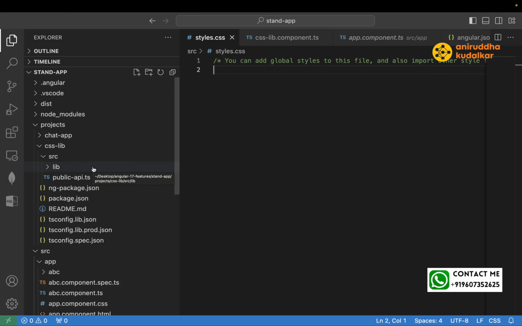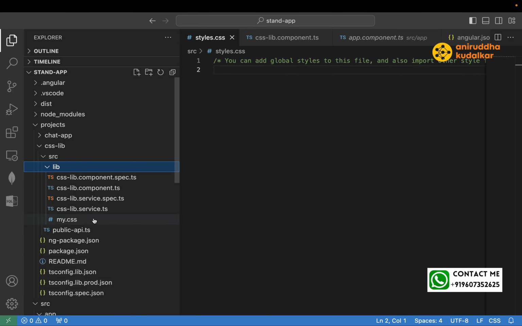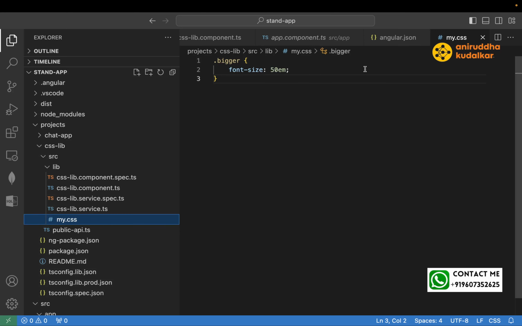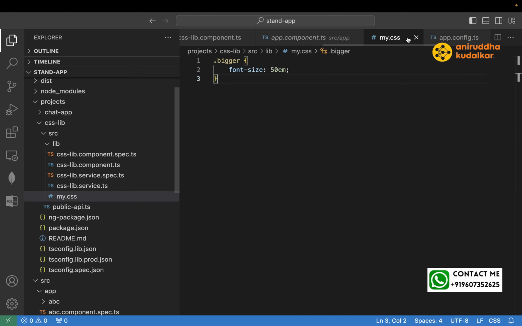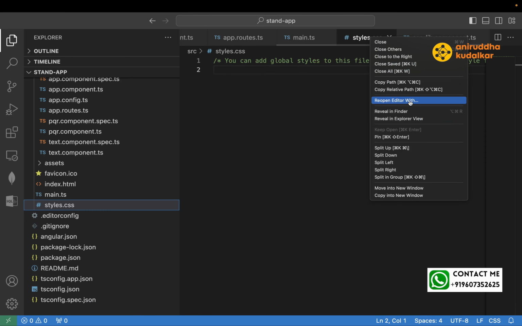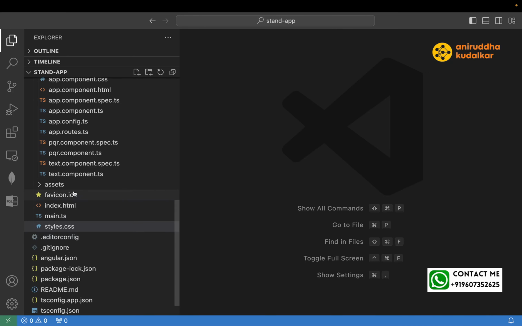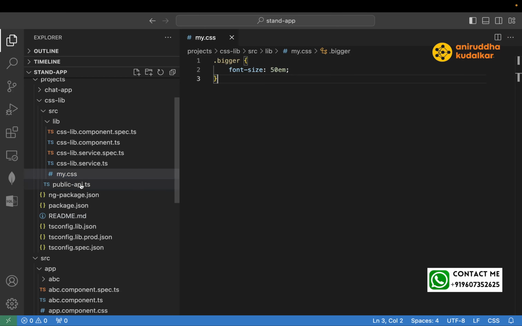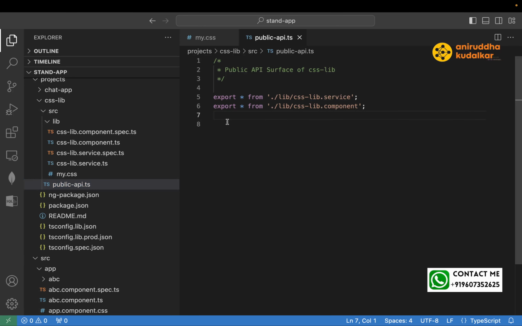So first I explained the approach of Angular, second the approach of plain CSS. For Angular, every time we need to create a component and we can use it as CSS. Correct. So let us see once again. Can we export this CSS file, my.css? So from here, whatever you export,